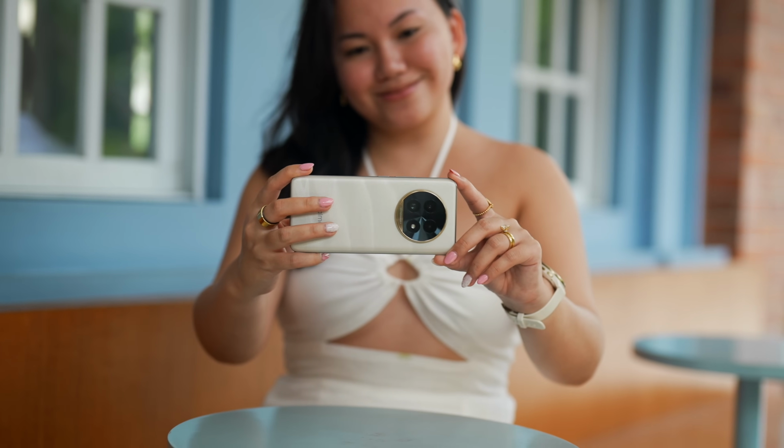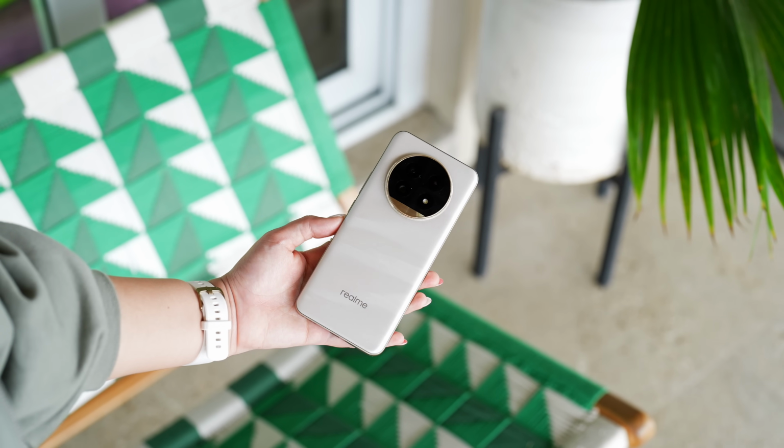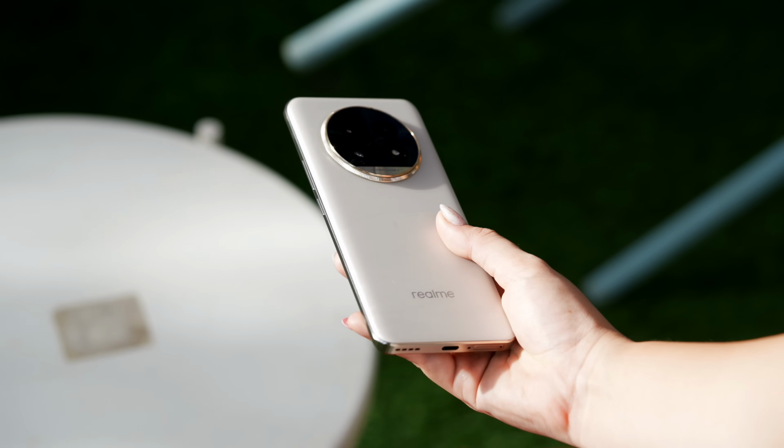Kanya-kanya rin sila ng camera gimmick. At the same time, most of these phones may AI din. I think where Realme stands out here is the battery and the telephoto performance. Each of these phones I mentioned, may kanya-kanya silang strengths. And I believe kung ano man yung piliin nyo between them, is a matter of personal preference na lang and